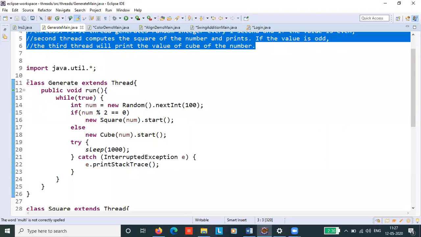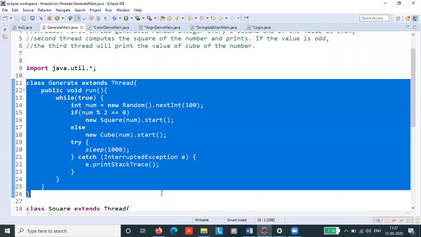The job of the generate thread is, first, to generate a random integer number. Then based on that, you are going to start either the square thread or the cube thread, depending on whether the number is even or odd.